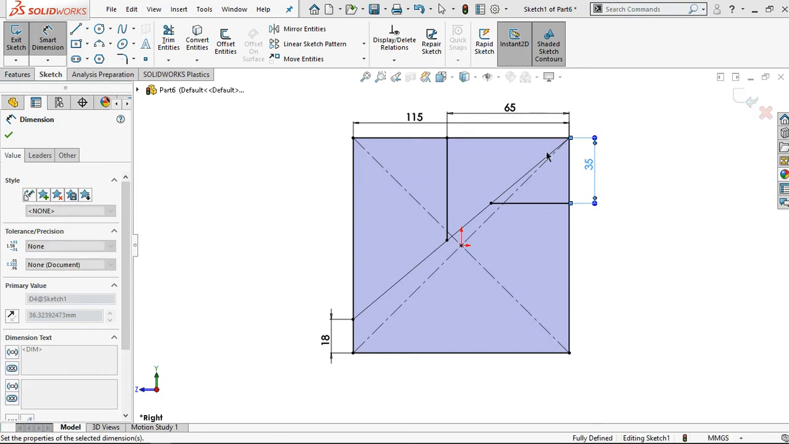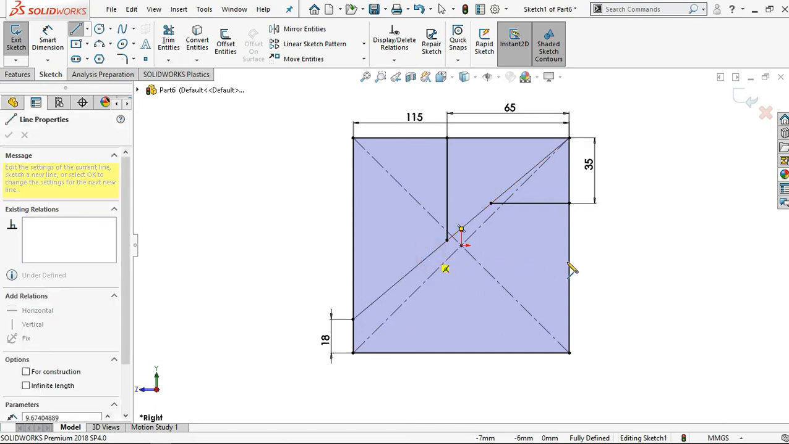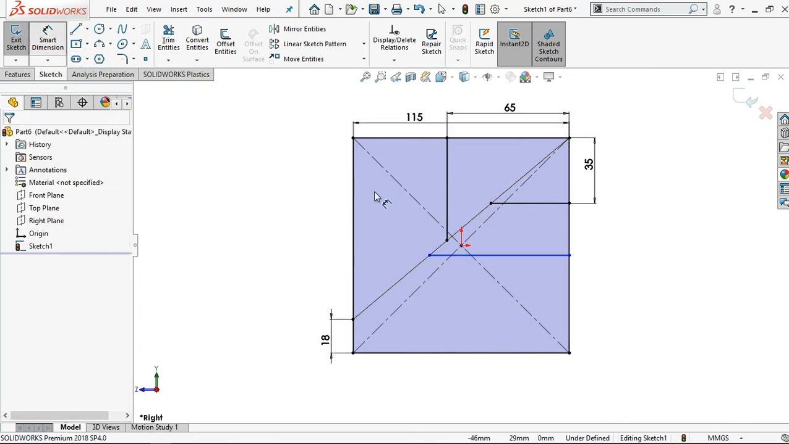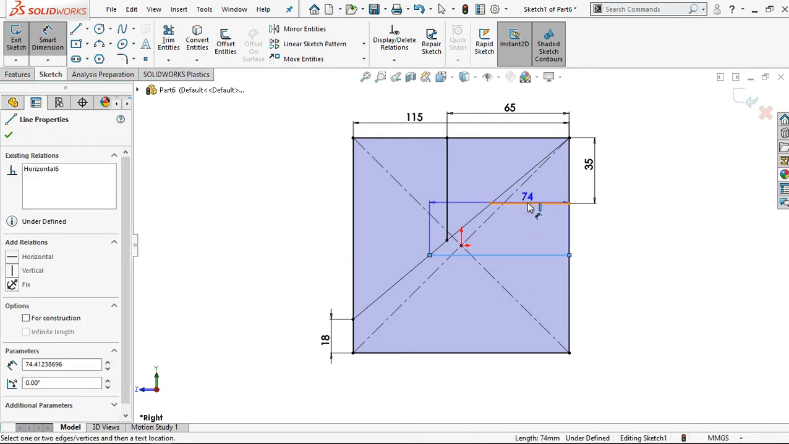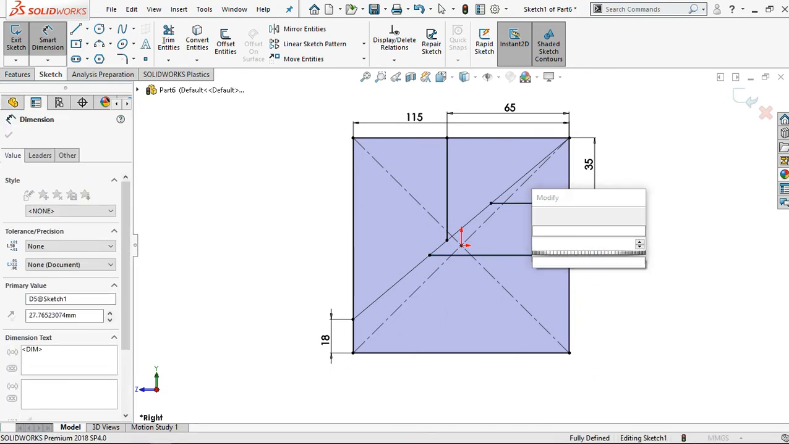and then click this line, and then just make it a horizontal line. Click a smart dimension and make this distance 30 mm. Okay,